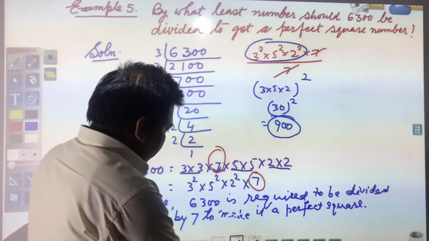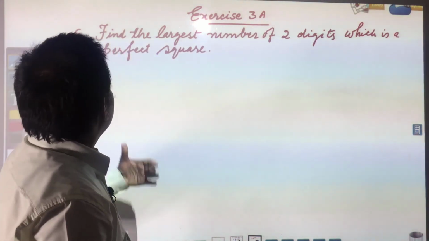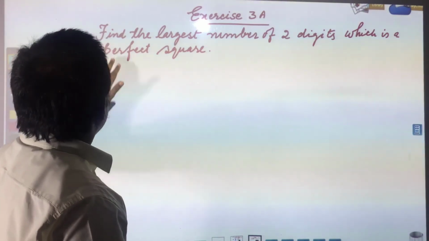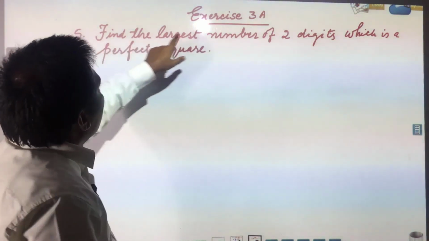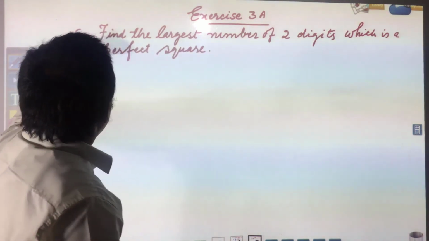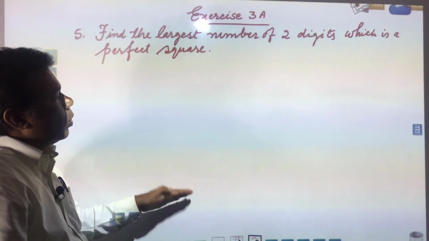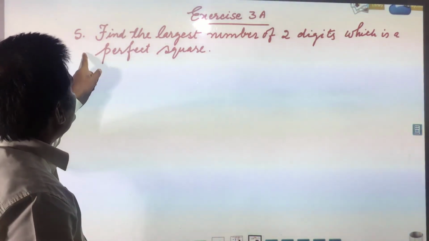Okay, next example you see. Example we don't have, I think rest of the things you should be able to do yourself. If you have any other thing left, we have exercise, and in the exercise a few questions are there that are directly related with your solved examples, and that is why I have not taken them.